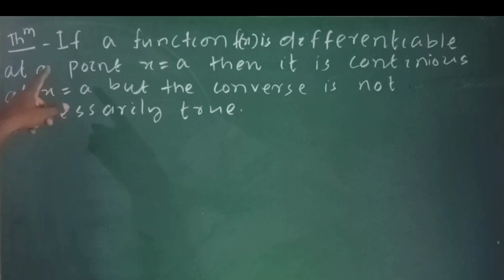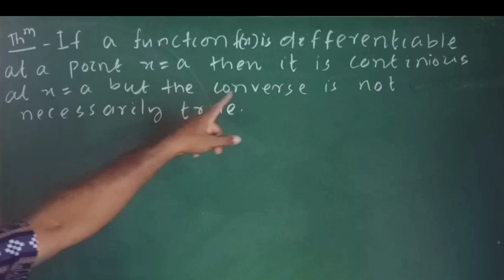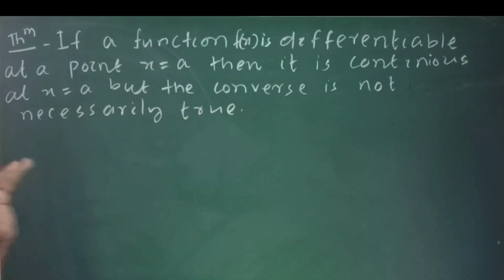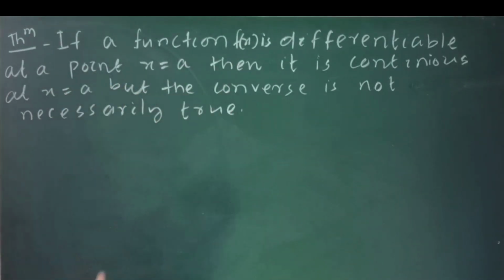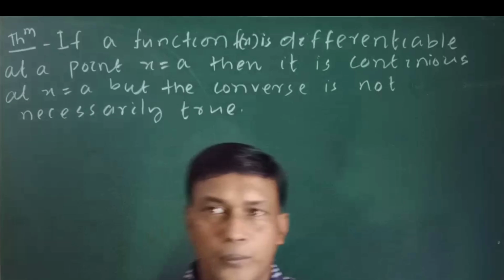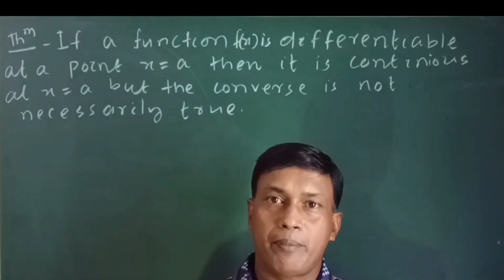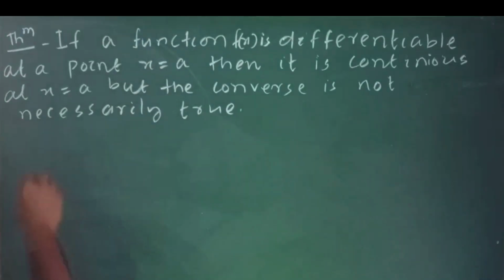The theorem is: if a function f of x is differentiable at a point x is equal to a, then it is continuous at x is equal to a, but the converse is not necessarily true. The given function is f of x. If it is differentiable, then it is continuous. So we will take the function f of x as differentiable to show it is continuous. Now the proof: